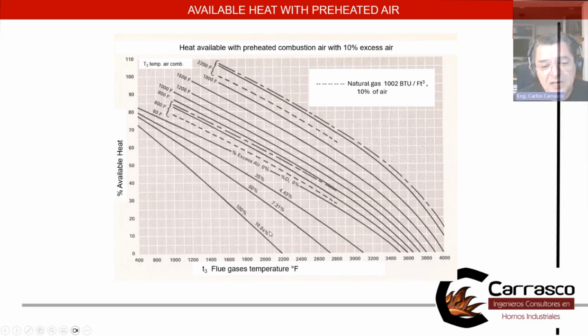As you can see here, there is a lot of information for furnace design, but it's not all in one book. It's spread out in very different sources such as books, catalogs, and manuals of the burners themselves. And you have to be able to find out where I found it. When can I use preheated combustion air? I am going to do it because